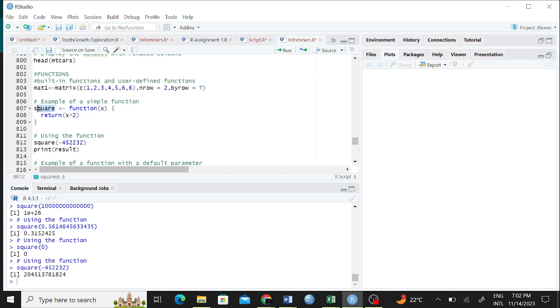R is going to know that this is a function because you declared it by this function. So that's it.